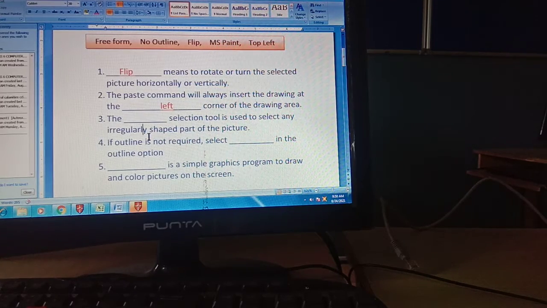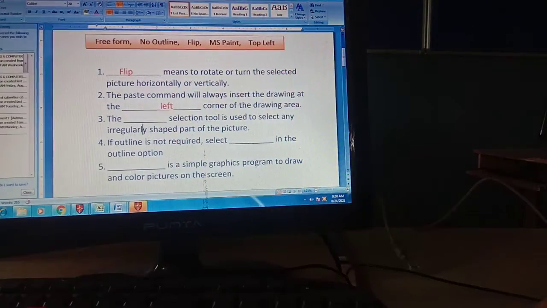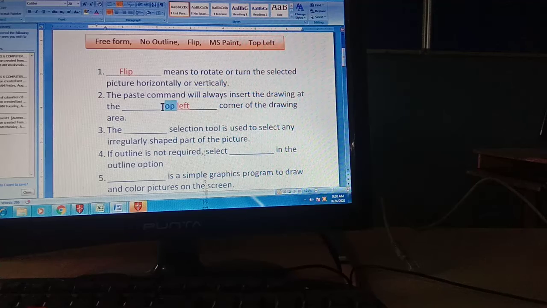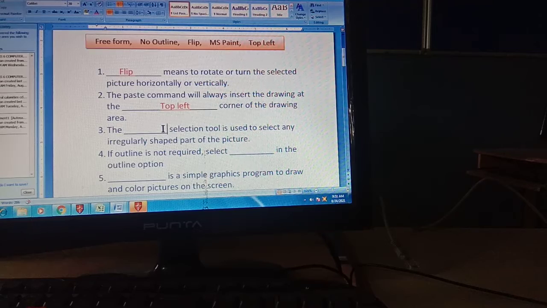I told you left, it will be top left. The answer will be top left. Clear to everyone?